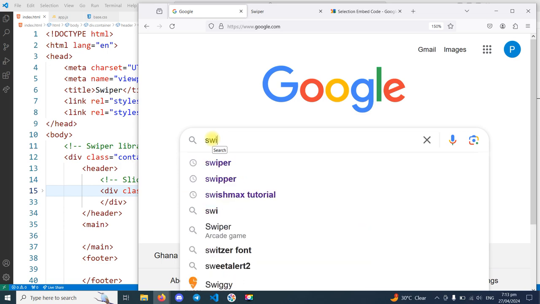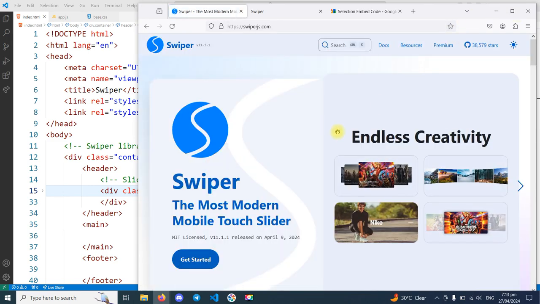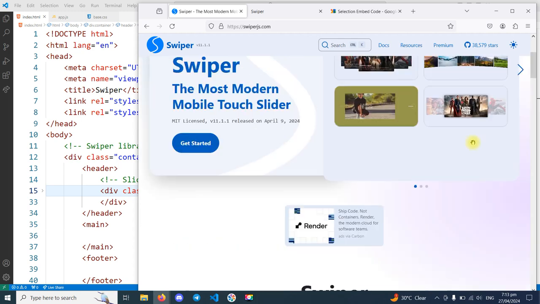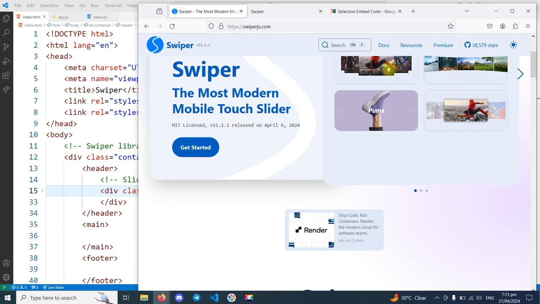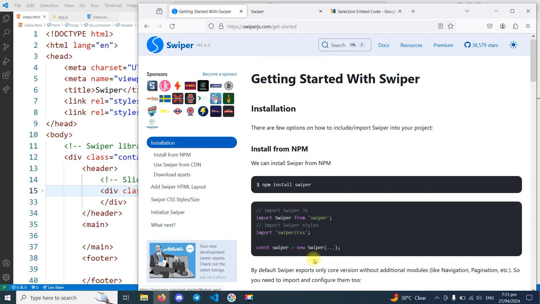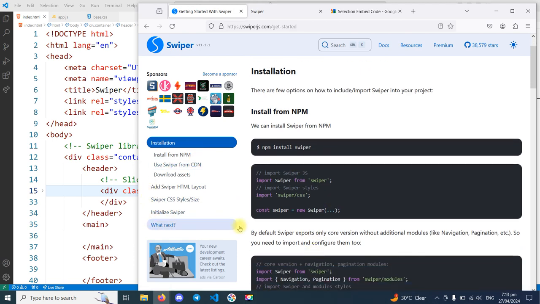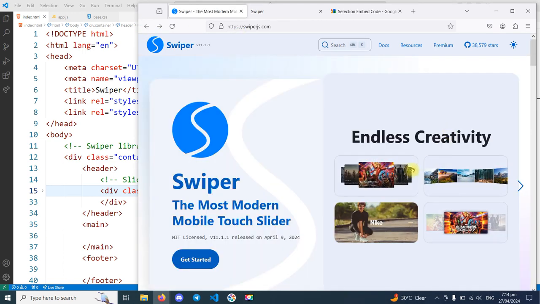So I just type swiper here, and then it brought me to this page, and this link is the first one you see there, which is swiper.js.com. You just click on that, and then it takes you to the official website, right? You can even see some animations here. You can also preview some of them, okay? So when you go to get started, you can actually go in and then choose some of them and view them. But even on the main page, I think here